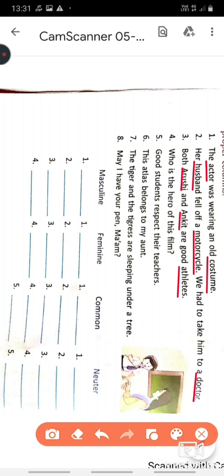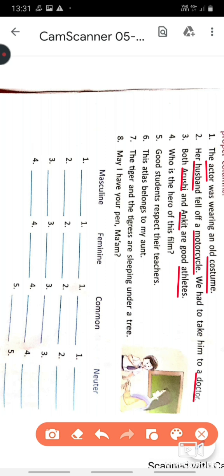Now children, certain names are the ones which can be for both boy and girl. For example, the name Anmol can be for a boy also and for a girl also. Well, in this case, if you categorize it as masculine or feminine, both the answers will be correct. So take care. Sometimes a word, especially a proper noun, may suit both a male and a female.